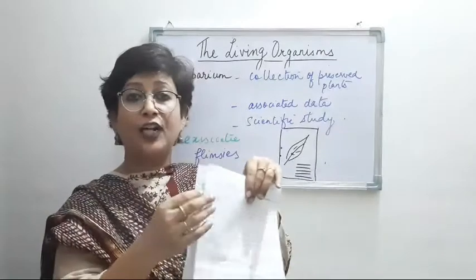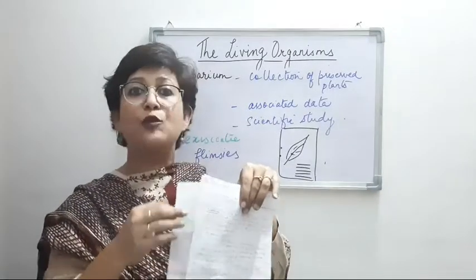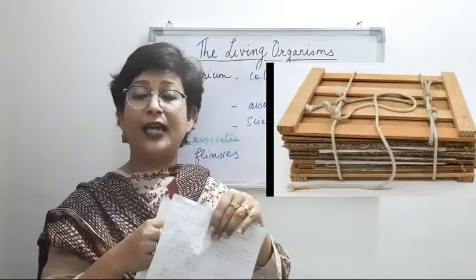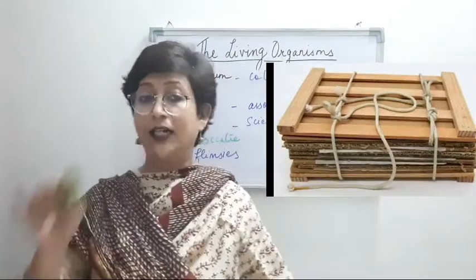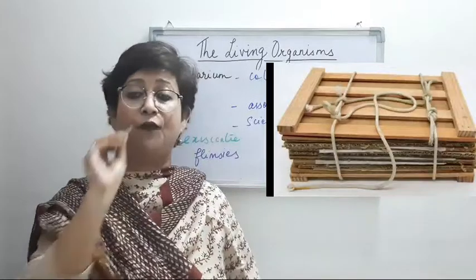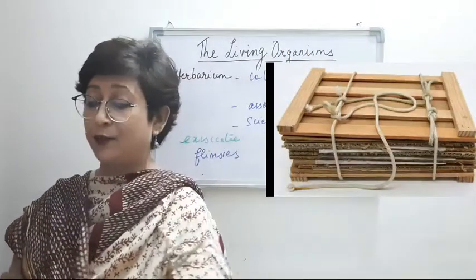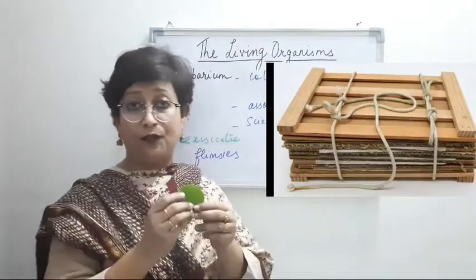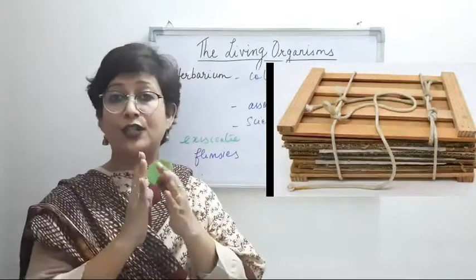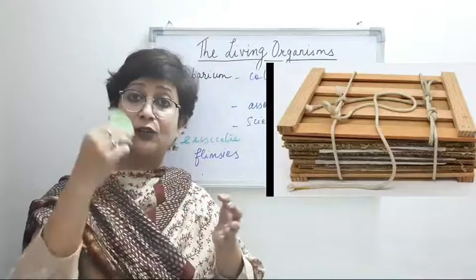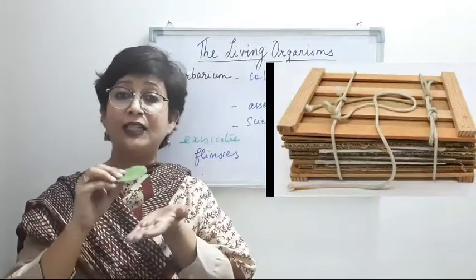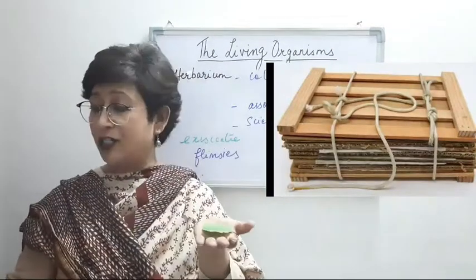Now this sheet would be a kind of an absorbent sheet, right? So it would absorb all the moisture that is there in the leaf. I'm taking this leaf as a specimen, so that absorbs the moisture of the leaf, right? So once the moisture is absorbed, we can say now the leaf is dried, and then these leaves are kept in a plant press.